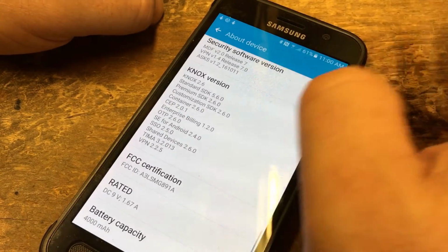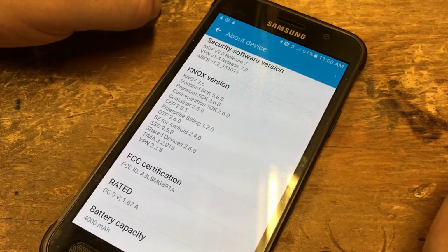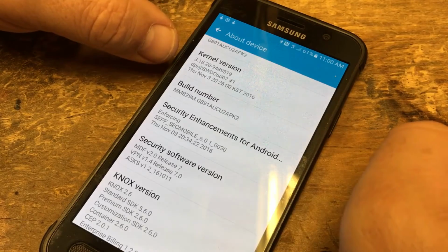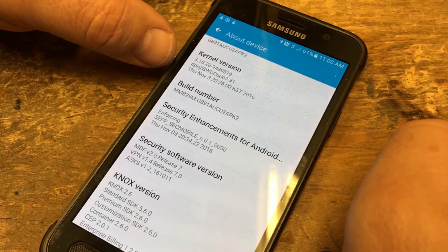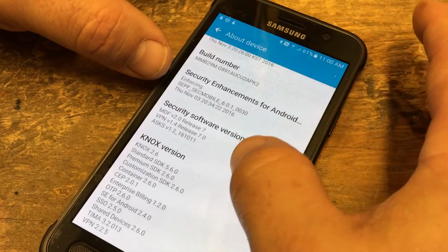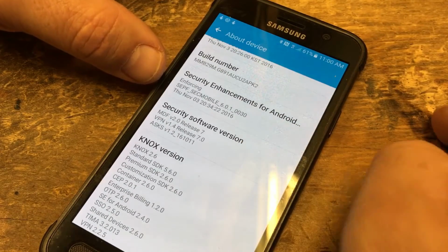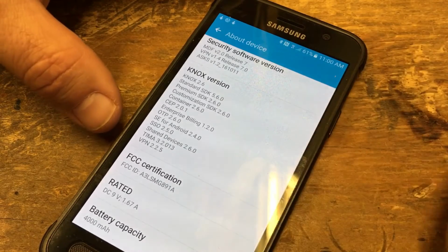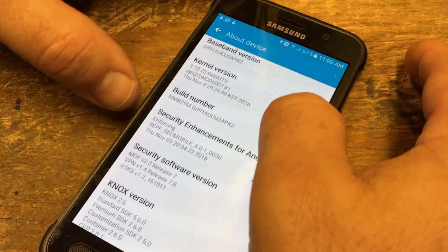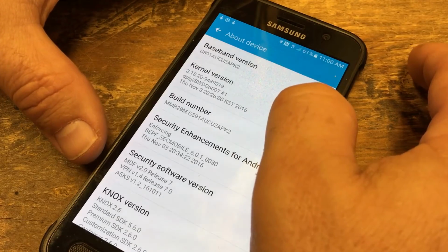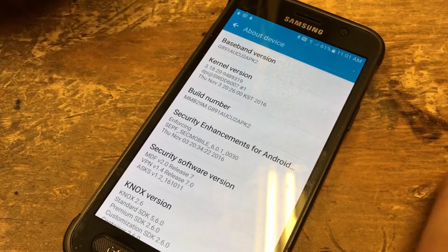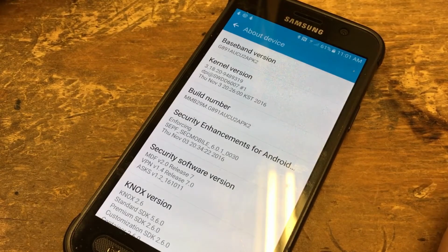But how you know, and this is December 2016, your kernel version should be something from November 3rd or somewhere around there in November. Your security enhancements from Android should be around there, and then security software version, and that type of stuff. Now, this does not get you out of the ballpark as far as needing virus protection or any of those other things,